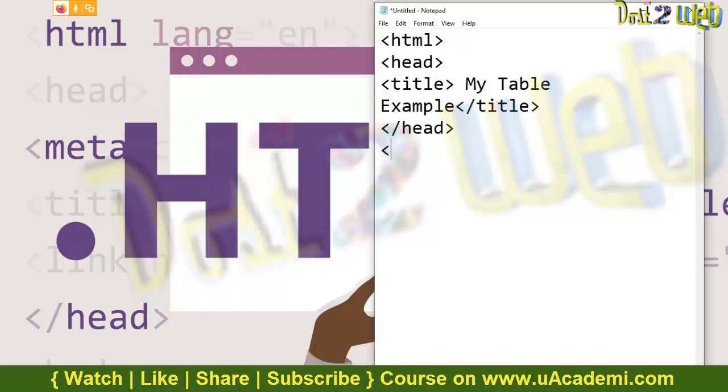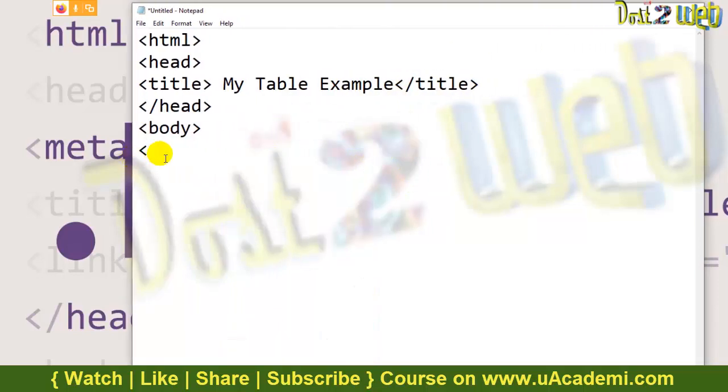Now we have to start with the body tag. As I said, what we need is a number of table rows, and you can define them accordingly. It's totally up to you how many. So now we want a table to be created. How to use the tag? We have to use table. The moment you use the table tag, that means the table is going to be created. I'll close all the things first. A better practice is to close everything, then you start.